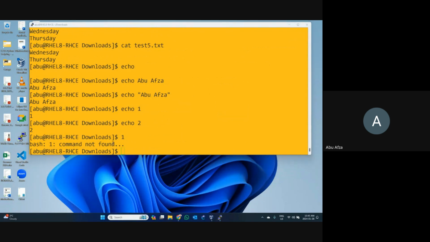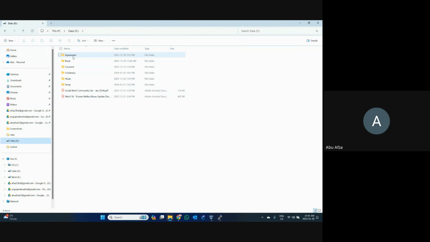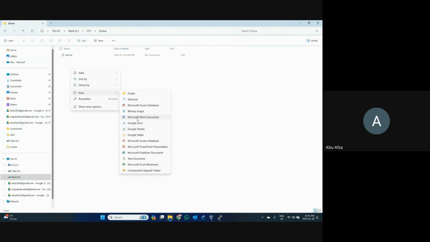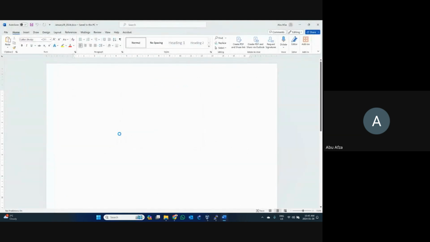Let's go to the drive. I have to save all the things in my computer. No, I'm in the wrong place. Let's save today's class information, and I have to save it in Microsoft Word, and today's class is Sunday. Sunday is January. Okay, let's write down January 28, 2024. Double click it, paste in everything in here.